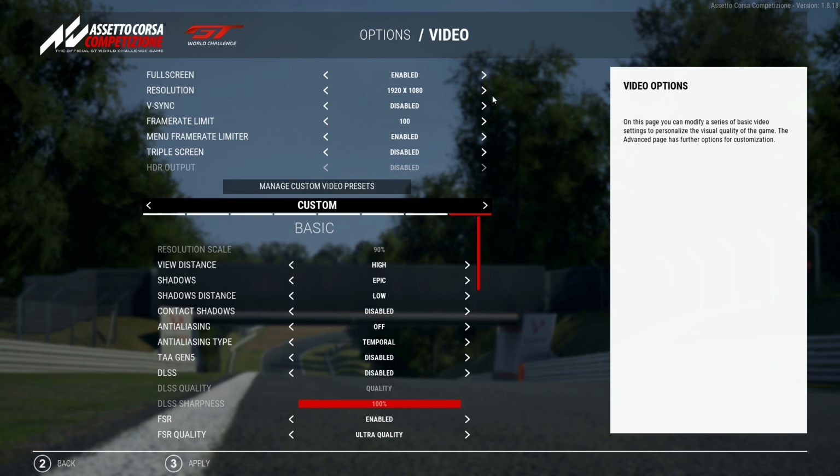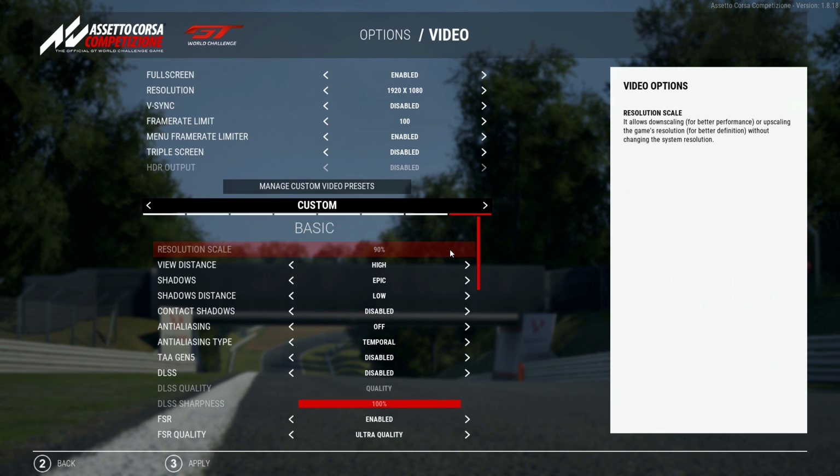It's a full HD screen. I set it to full screen mode, and that works really well when using GeForce Experience from NVIDIA for recording of the content. As for the actual settings related to VR, let's walk first of all through the basic section. Resolution scale, I set it here to 90%.